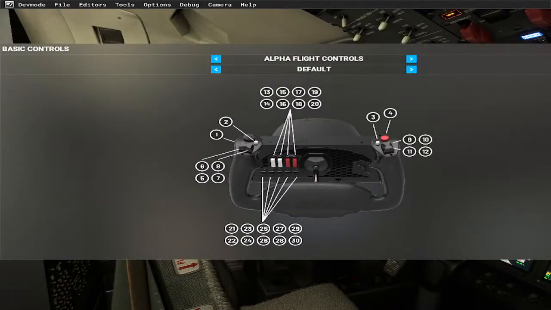CDU message displayed. GPS invalid. CDU message cleared. Sometimes it does that whole GPS invalid thing, but that's a bug with TFM, I believe. I'm not sure the full condition, but